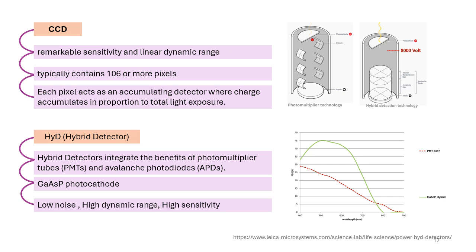The structure of the hybrid detector is, it contains the photocathode which captures the incoming photons and converts them into photoelectrons. After that, it has an electron multiplier which accelerates and multiplies the photoelectrons. Next, it has this avalanche diode which converts the multiplied electrons into a measurable electrical signal with high gain and